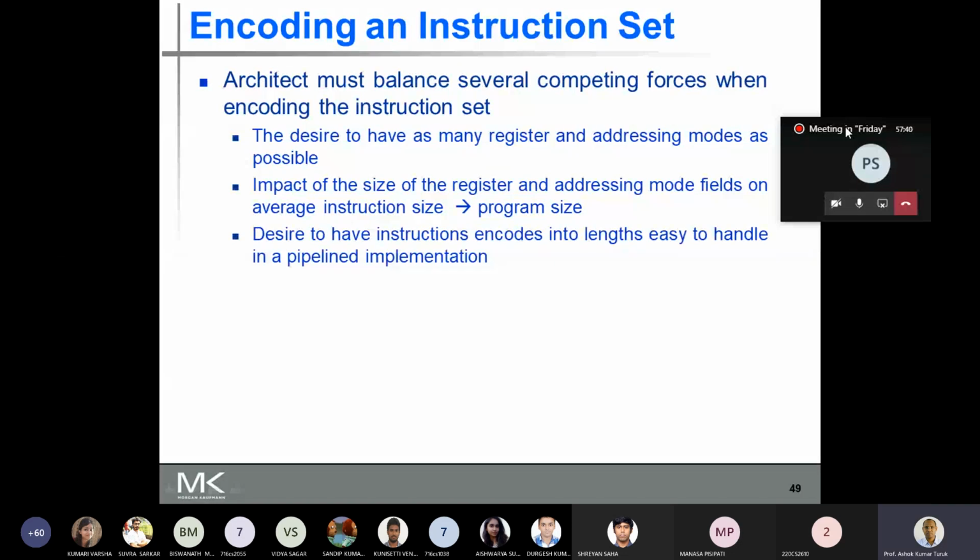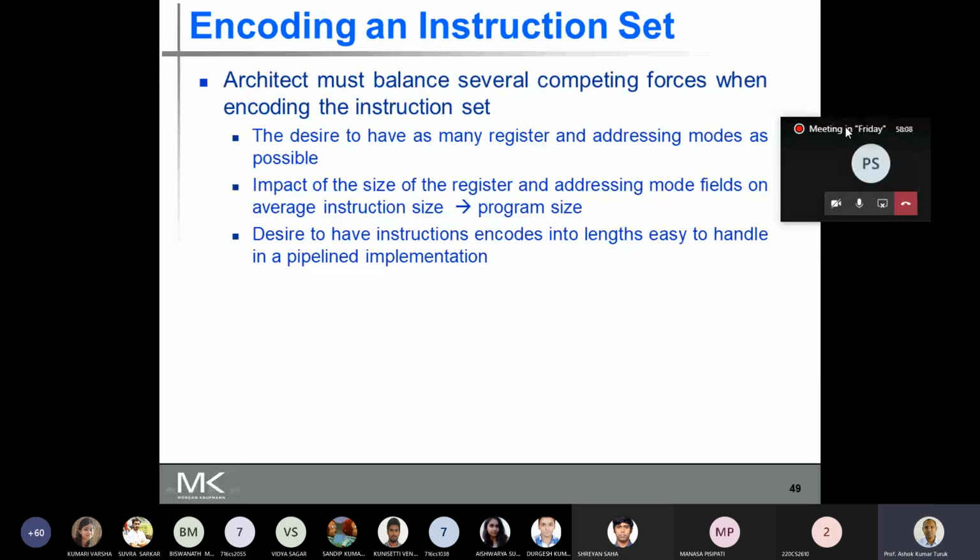Now, there is a desire to have instructions encoded into lengths which are easy to handle in a pipeline implementation. For any pipeline implementation, if the instructions are of fixed length, then it is easier to handle.